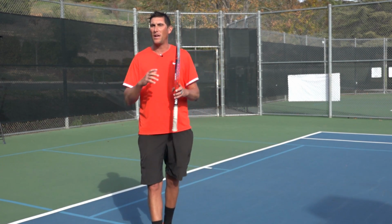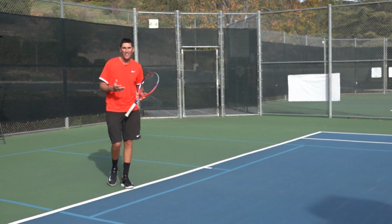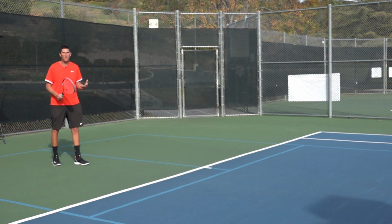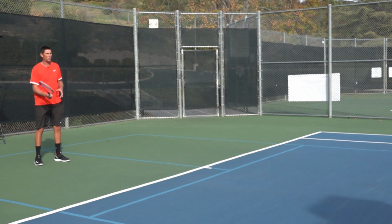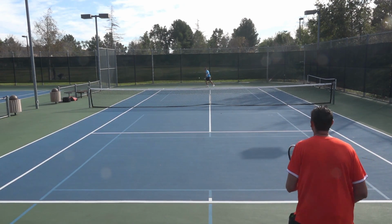The first would be when I'm way too deep behind the baseline, all right? Again, we're back here, the ball comes in, probably with some heavy top spin. Mark, yeah, you're in a good spot right there. Hit some top spin into my forehand. I'm going to actually try to hit a great drop shot, but then you chase it down. Let's see how easy you get to this when I'm...